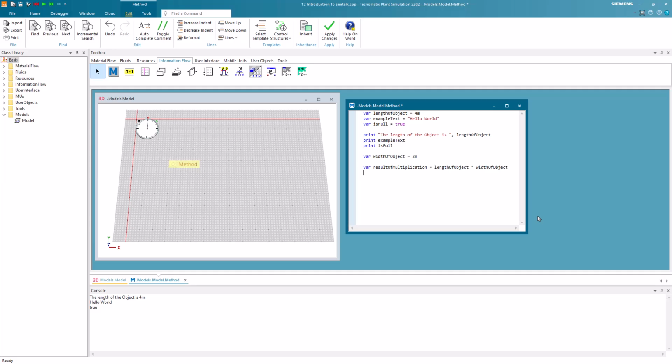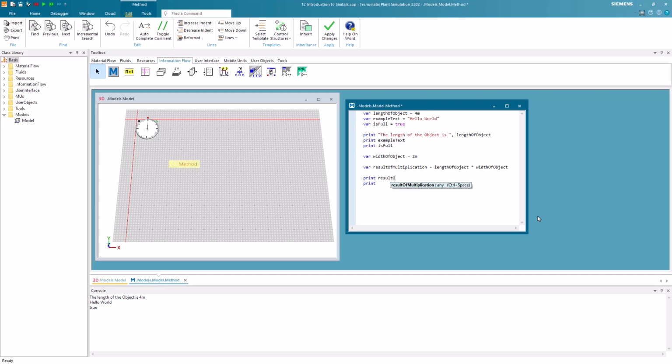Auto-completion completes the word automatically if you have entered enough characters to disambiguate the term. Otherwise, a list will be displayed in which you can select one of the matching terms. So now we again insert 2 print statements. In the first one, we will print the variable result of multiplication, and in the other print statement, we will perform the arithmetic operation.